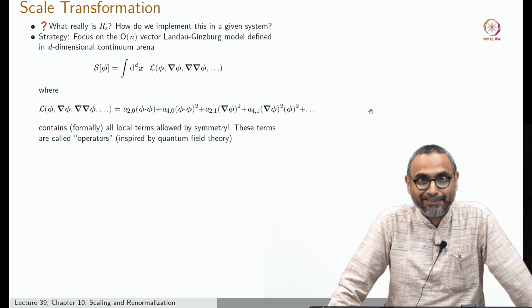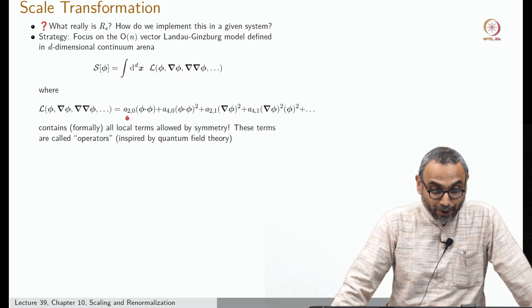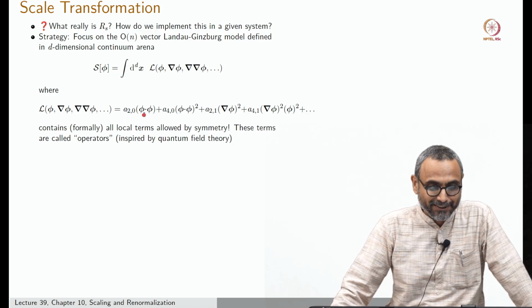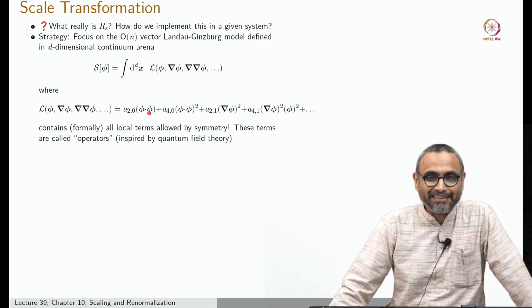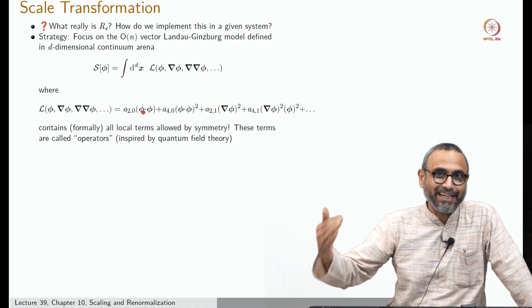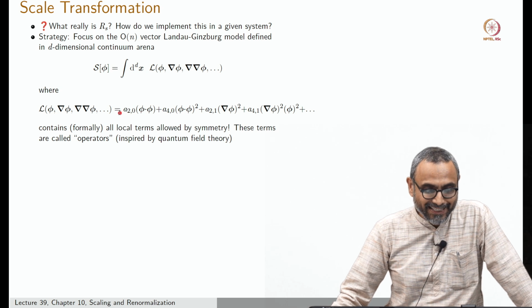So you might wonder, how can I handle this? You find some scheme of naming the coefficients. Of course phi dot phi is a scalar in the O(N) space, and therefore you should keep it because it's invariant under the O(N) transformation, and it has some coefficient